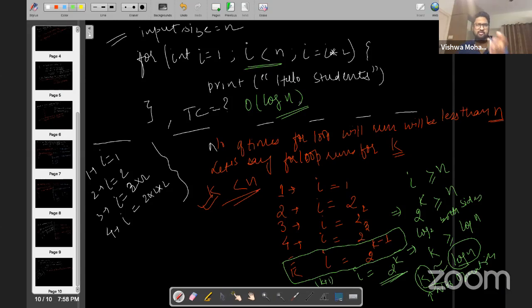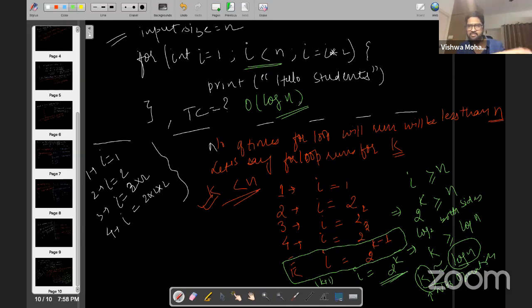So the only way to solve this problem or understand time complexity better is to understand what the definition is. I'm again reiterating, what is time complexity? Time complexity is how many operations you are doing inside a function based on the input size. If you can figure out the number of operations compared to the input size, you can always figure out what the time complexity is.